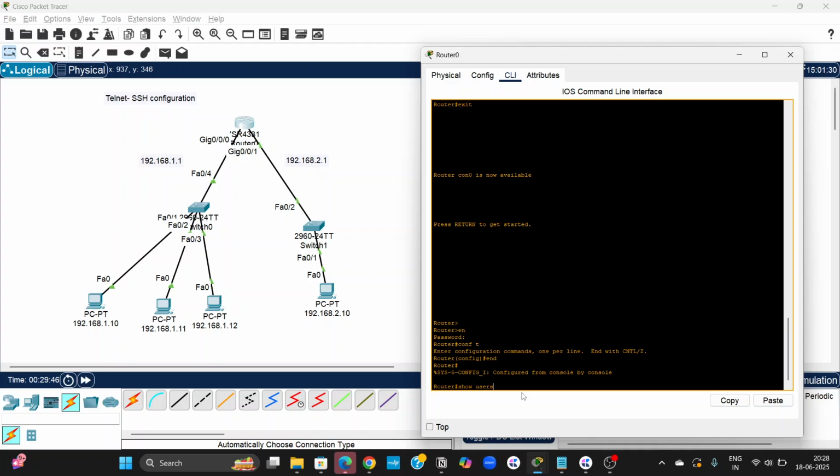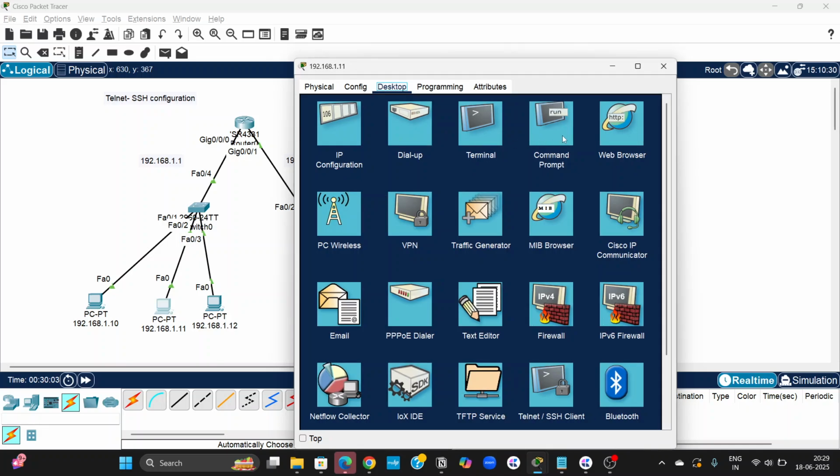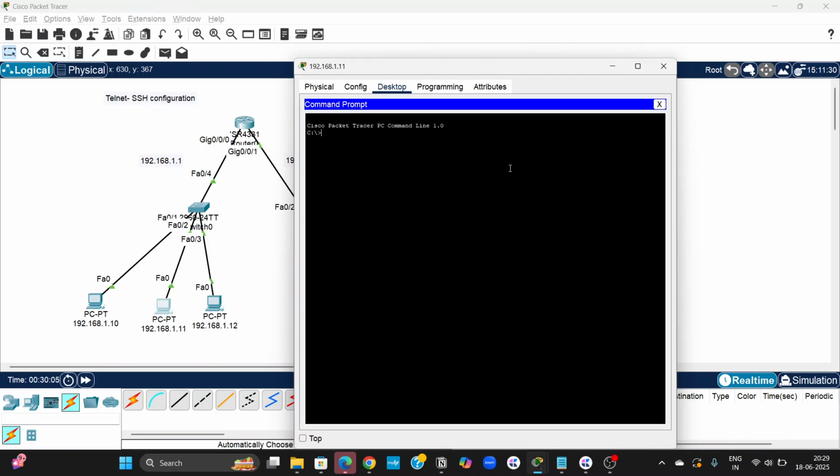So let's see. You can see only one user, which is Vishal, and is trying to access from which location, 192.168.1.10. Okay. Similarly, if we try to access as another user, again do the telnet,